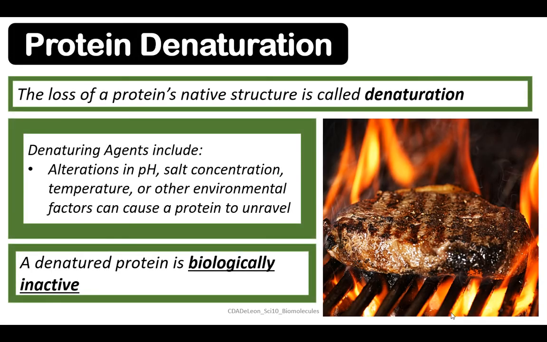Protein denaturation is the loss of a protein's native structure, which is called denaturation in the process. So denaturing agents include alteration of pH, salt concentration, temperature, or other environmental factors that can cause a protein to unravel. So a denatured protein